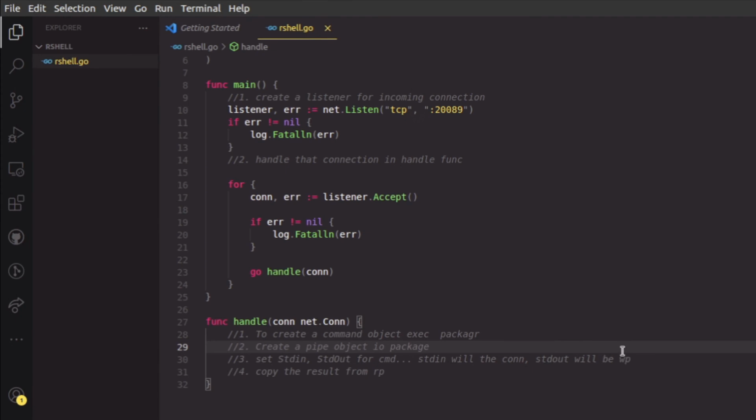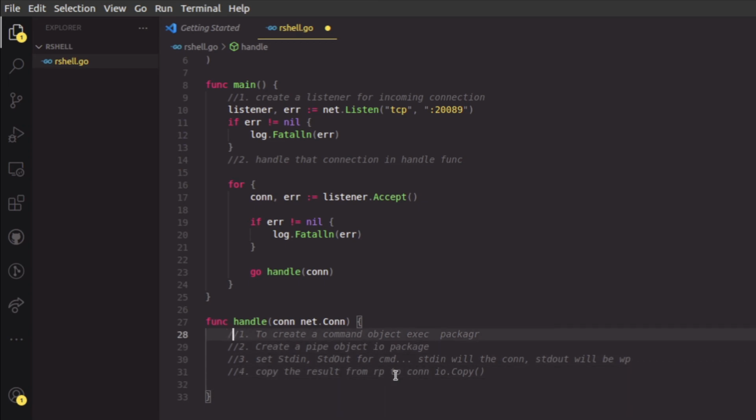Similarly, we have a writer process and a reader process here. So this pipe object will give us two process objects. We can say copy the result from the reader process to the connection object, and we can use our old io.copy method, which we used in previous videos, and then we'll be done.